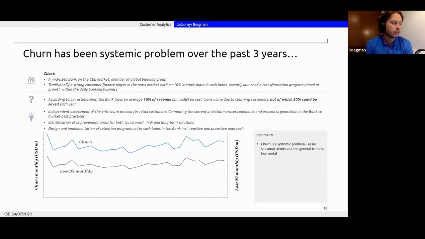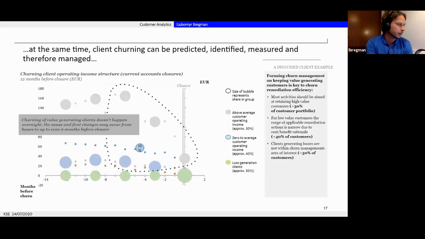It also showed that there was a systematic churn problem. It was not seasonal trends. It was not the impact of third-party factors. It was related exactly to the user experience which customers were getting. And some pretty short analysis was able to save significant amounts of money.